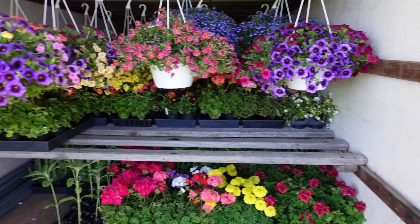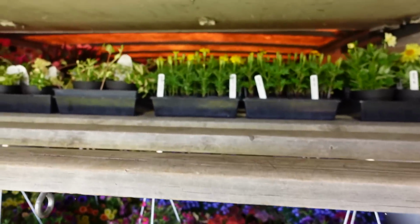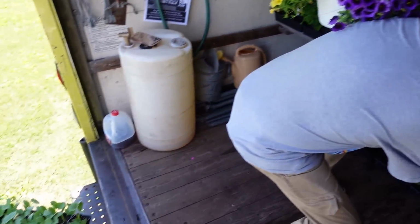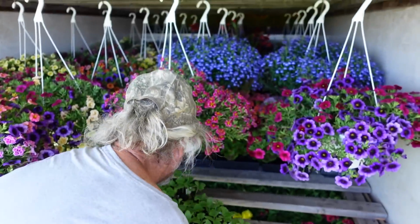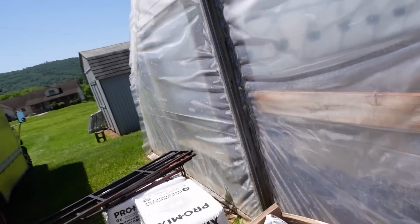Yeah. Oh, we can put a couple of tomatoes in the car. Okay. But yeah, this looks really good so far. What is that? Cucumbers. They're loading on cucumbers right now. That was pumpkins. We have, Frank, do we have like, this is about all the hanging baskets we have in flowers. I think there's about 3 or 4 left yet, but you can see we planted a pretty late planting